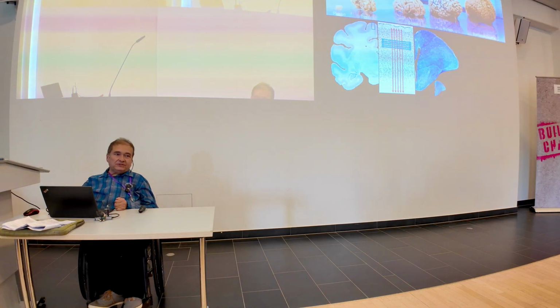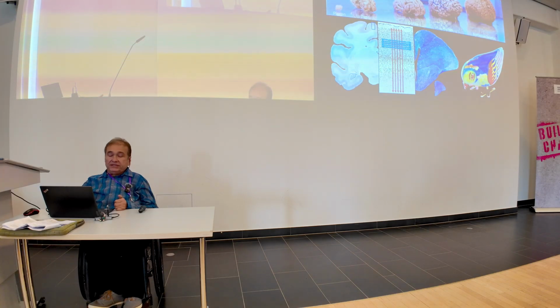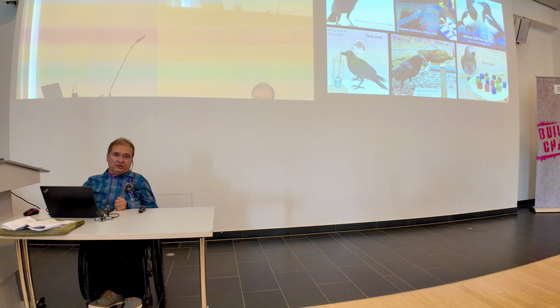If you add this to the small size of their brains, in this case, relative to the rhesus monkey brain, you end up seeing the birds as little robots. Nice ones, but robots. Now, as you all know, this has changed. In the last 20 to 30 years, the avian cognitive revolution started, and we now know that at least corvids and parrots are on par with apes. And that has changed everything.